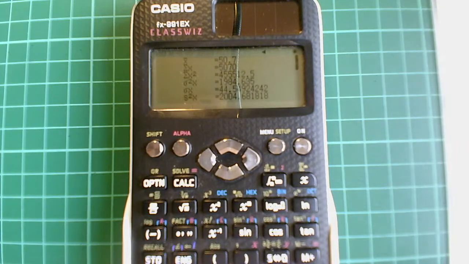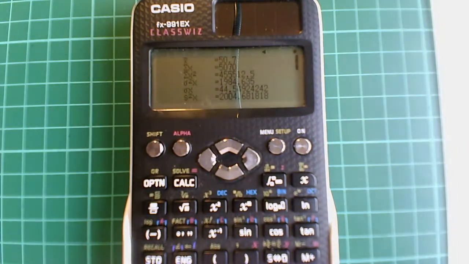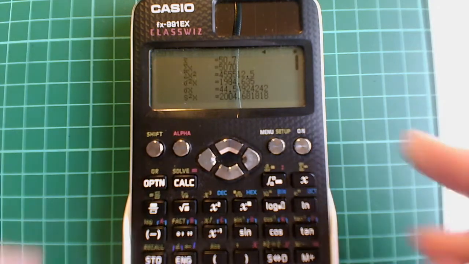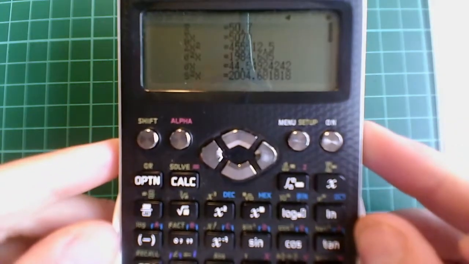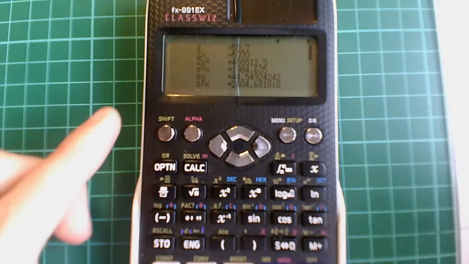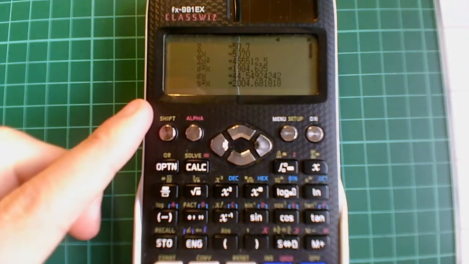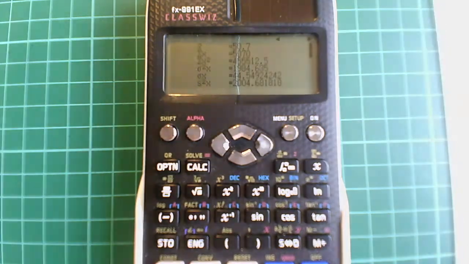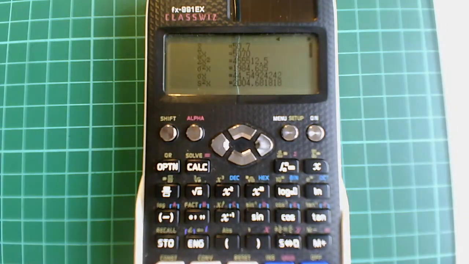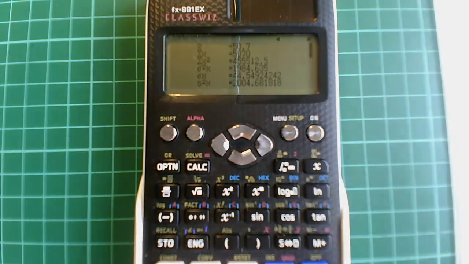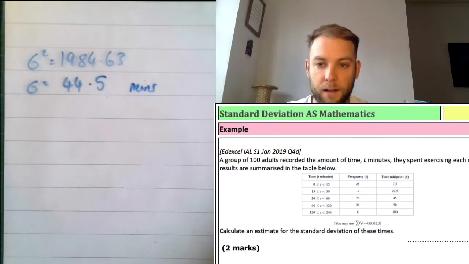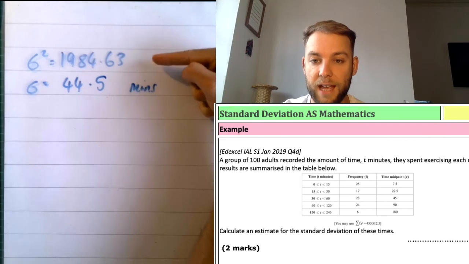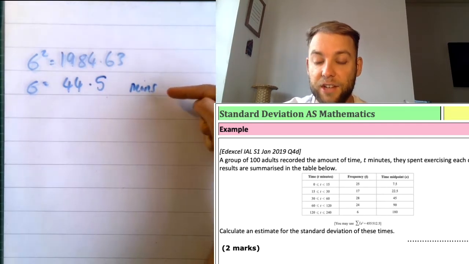So that there is my variance. My standard deviation is the one which isn't squared below. So it's the standard deviation of x. It's not sigma times by x, it's the standard deviation of x. So that second one is my standard deviation, which in this case is 44 points. I'm just going to do 0.5. And that there is going to be in minutes. Okay, so I'll just cut back so you can see. So this one here is our variance, okay, and this one here is our standard deviation,